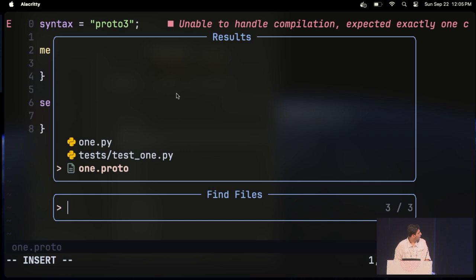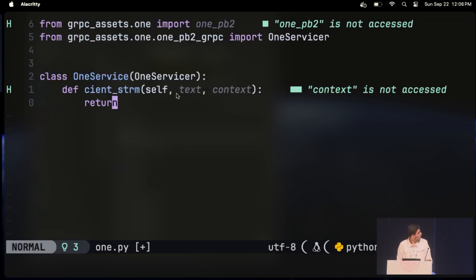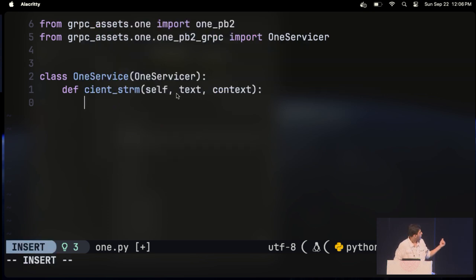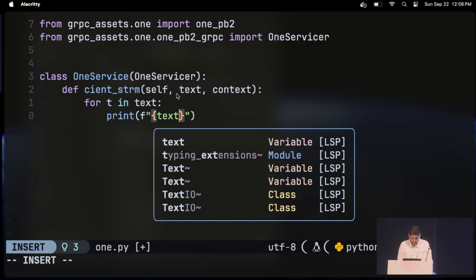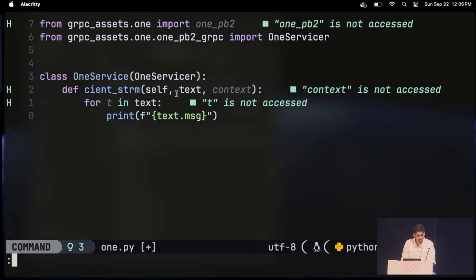So then I go back to the test here. Cool. So all I have to do is, this is my server code. I'm just going to go through whatever text is returning me and just print it. So I'm just going to do for t in text, print t dot msg, because that's the property we gave for the string.